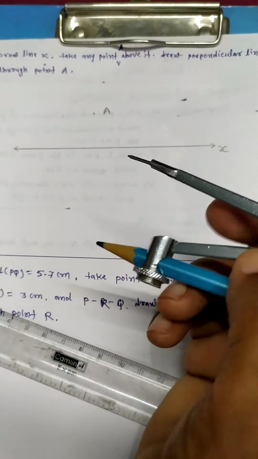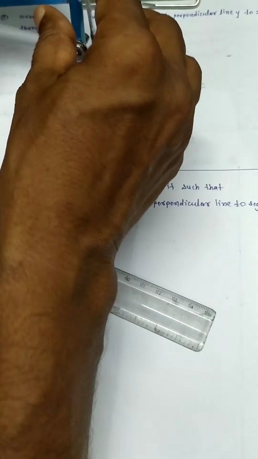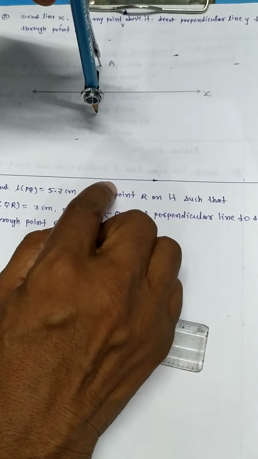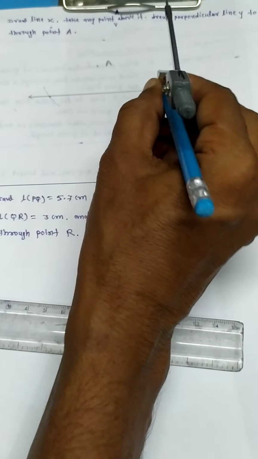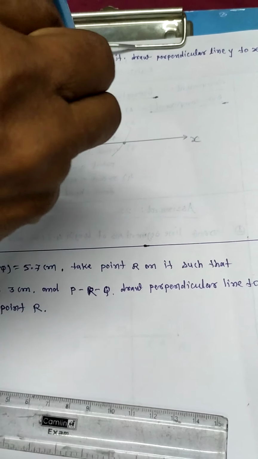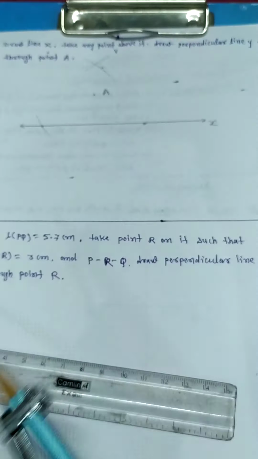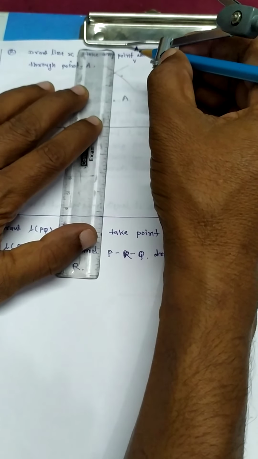We have to draw it through A. So for this construction we take this compass on point A. Place the compass on the point through which we have to draw, and take some distance below this line. Now make an arc on this line on both sides. Now again you have to take this compass on this point of intersection and on this point of intersection. So now increase the distance in this way and mark above it with the same distance, in this way, and then join this point of the arc to this A in this way.